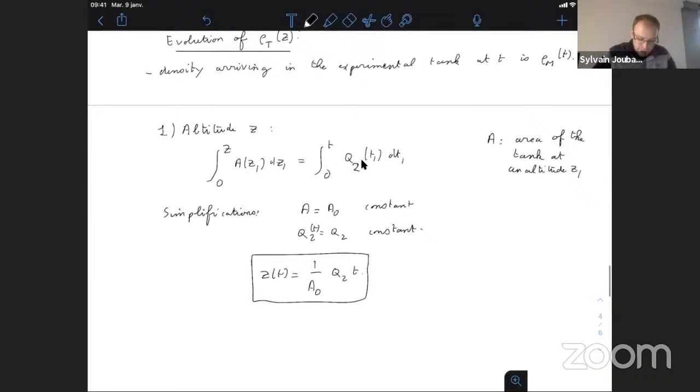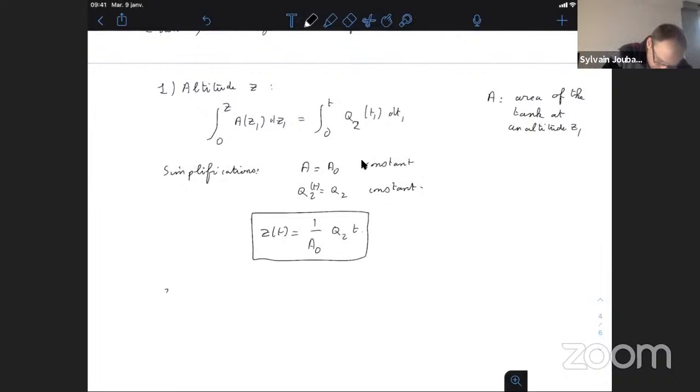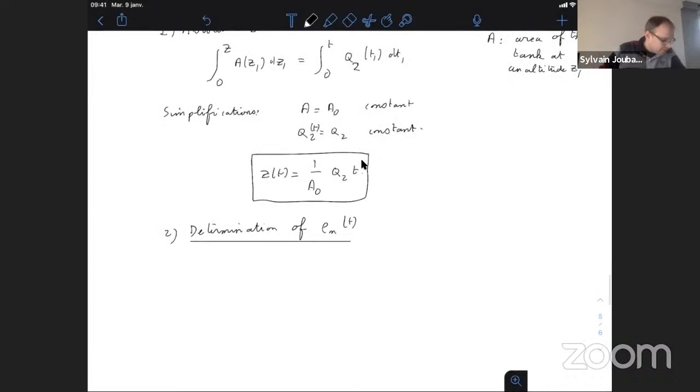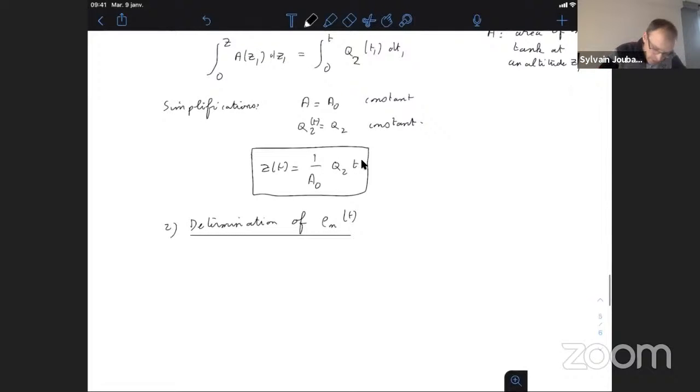That's the first thing. The second thing is, can we get the determination of rho_m(t)? So the density in the tank in the middle. To have this value, we'll use mass conservation,